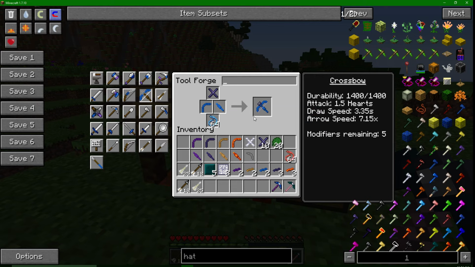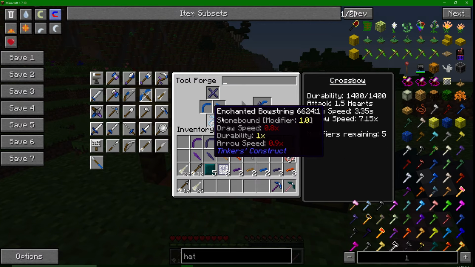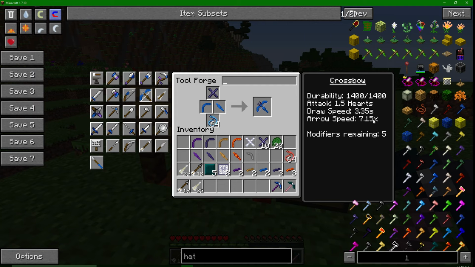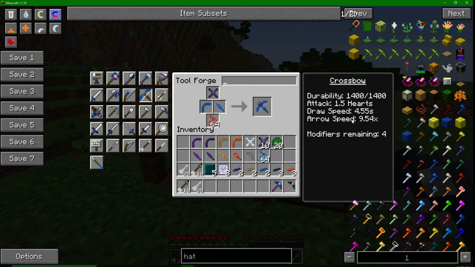So if we put this in here, it'll be 3.35 with a 7.15 draw speed. Now this doesn't actually do anything but modify the durability. All right. So we're putting this in here for the extra modifier. So we got 5 using this one. All right. And it's a 7.15. All right. If we take this out and put the fiery bowstring in here, look at that. Same bow. Fiery increased the arrow speed by